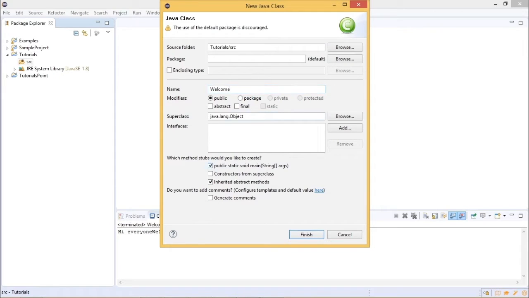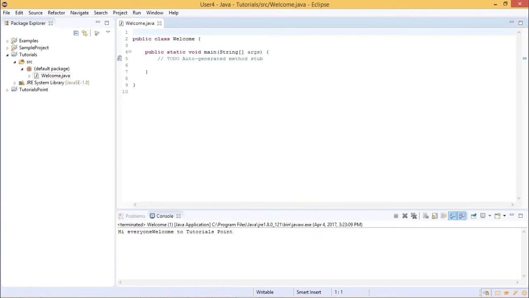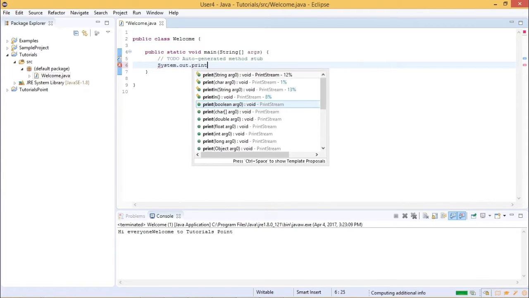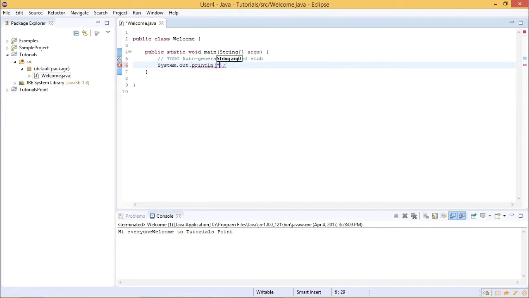Every Java program starts execution with its main method. It's a good practice to select the main method here. Click Finish. You can see that now one class file called welcome is created with the main method. Let us try printing the message. System.out.println, where we pass a string value called as